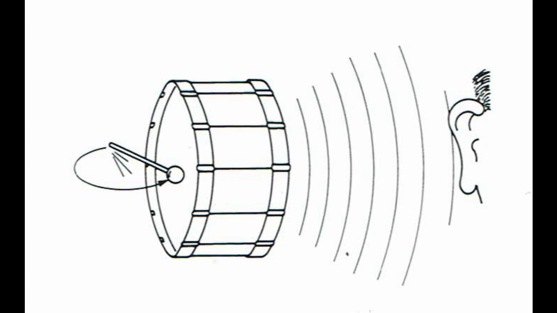The drum compresses the air immediately adjacent to the drum head when the head is struck with the drumstick. This compression wave travels through the air until it strikes a receptor, in this case, the human ear. The ear then converts that mechanical force of the pressure wave into a neurological impulse that is sent to the brain, where the stimulus is then interpreted as a drum beat of a particular tone and quality.